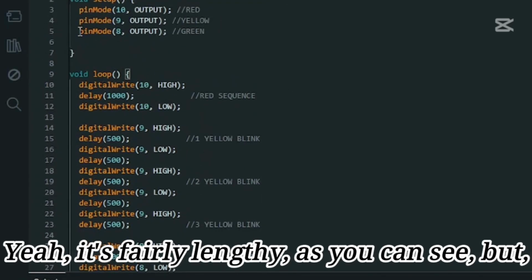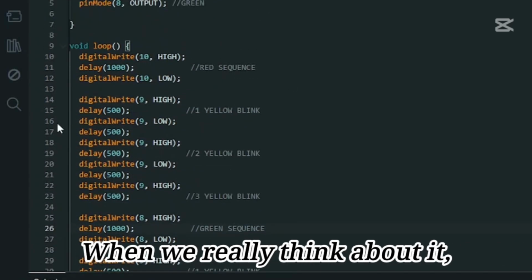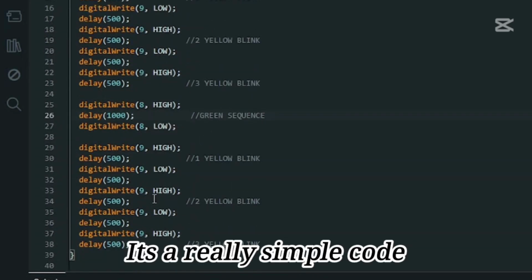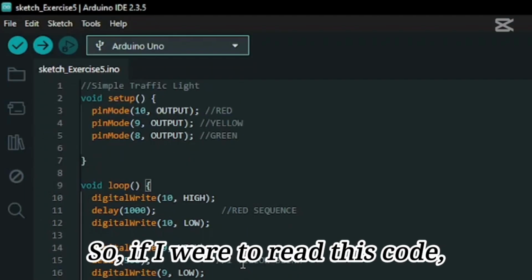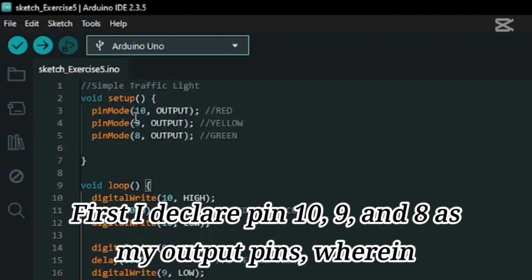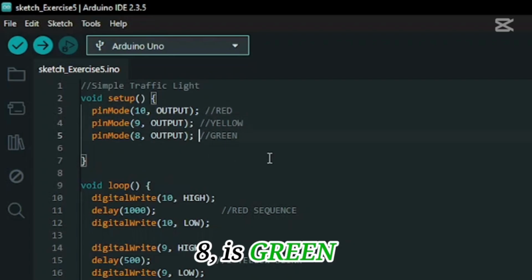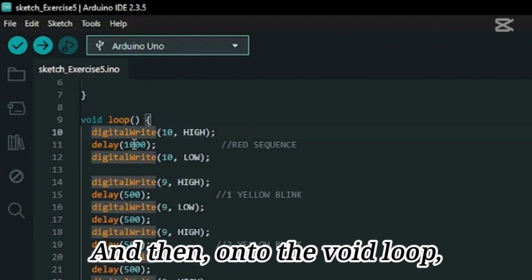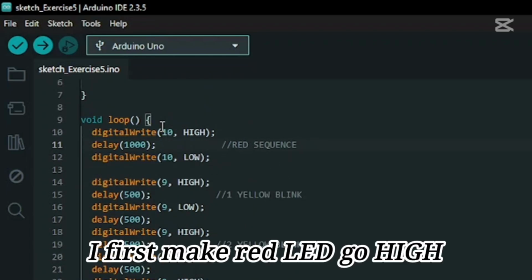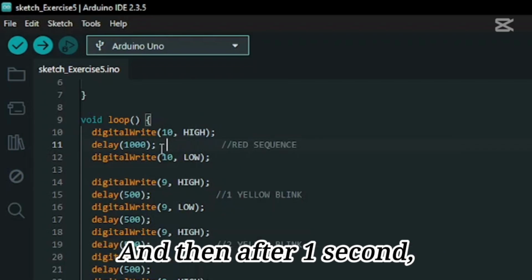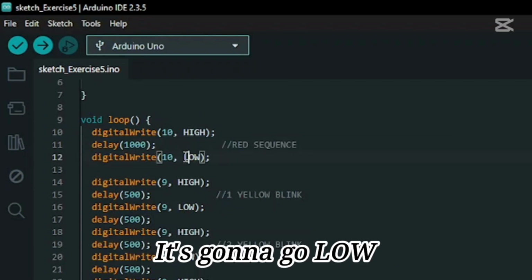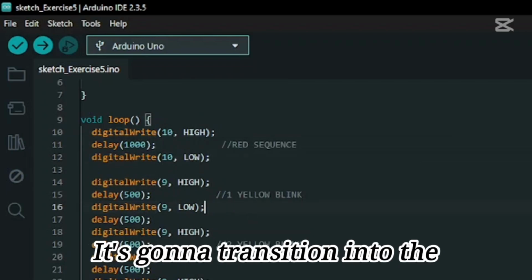Yeah, it's fairly lengthy as you can see, but when you really think about it, it's a really simple code. So if I were to read this code, first I declare pin 10, 9, and 8 as my output pins, wherein 10 is red, 9 is yellow, 8 is green, and then onto the void loop, I first make the red LED go high, and then after 1 second, it's gonna go low, and then afterwards, it's gonna transition into